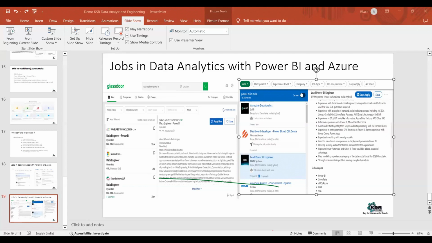Only when the data is cleaned, only when the data is modeled. Assume that you have 4 tables. You need to do a modeling. Only then you can use this Power Q&A and create a report. But if there is no modeled data, if there is no cleaned data, how will Copilot or Q&A work? It will not work.